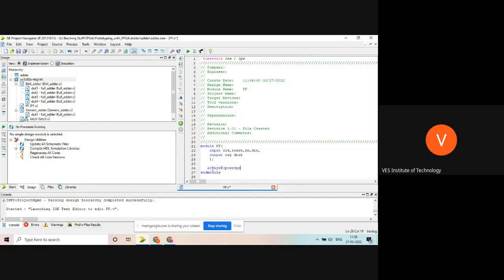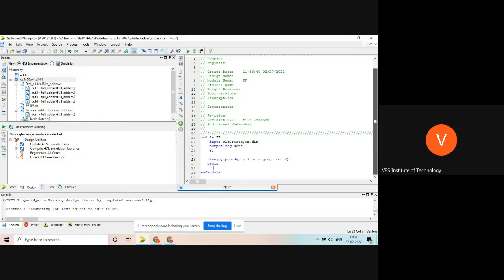I have to write the same code always, only here I have to write posedge of clock or negedge of reset. What does it mean? It means positive edge of a clock and negative edge of reset. Here you are saying this reset is an asynchronous reset.